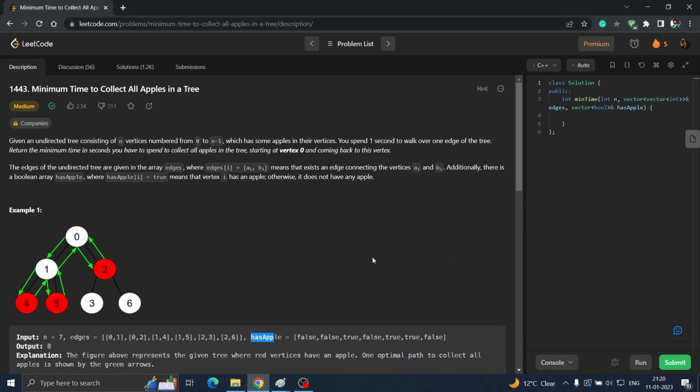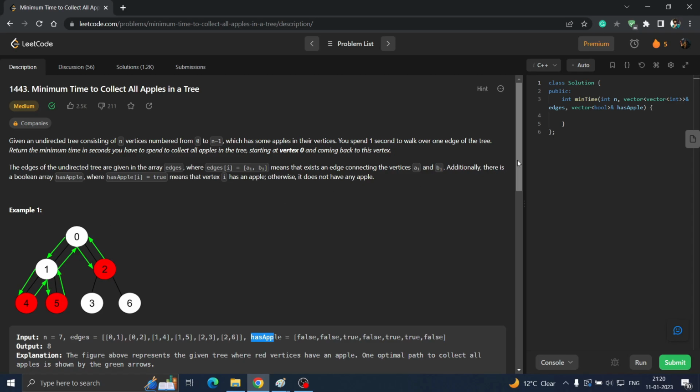Okay, so what will be the intuitive approach to solve this question? See, what we can say, if we have to find all the apples, we have to check till the last node or last vertices. Yes or no? We have to go to the last node to check whether it has an apple or not. So there are two types of traversals we know. One is breadth first search and the other is depth first search. So can you tell which search should be used here? Yes, you are right. Depth first search should be used here